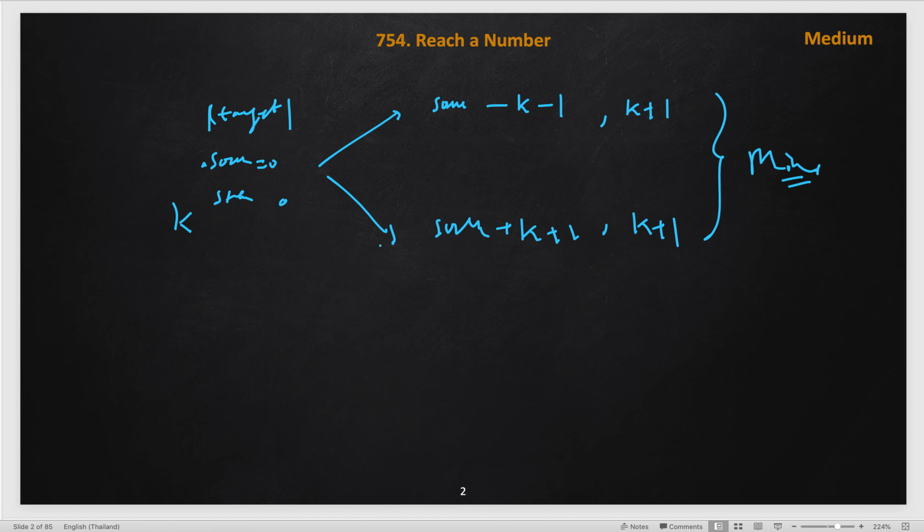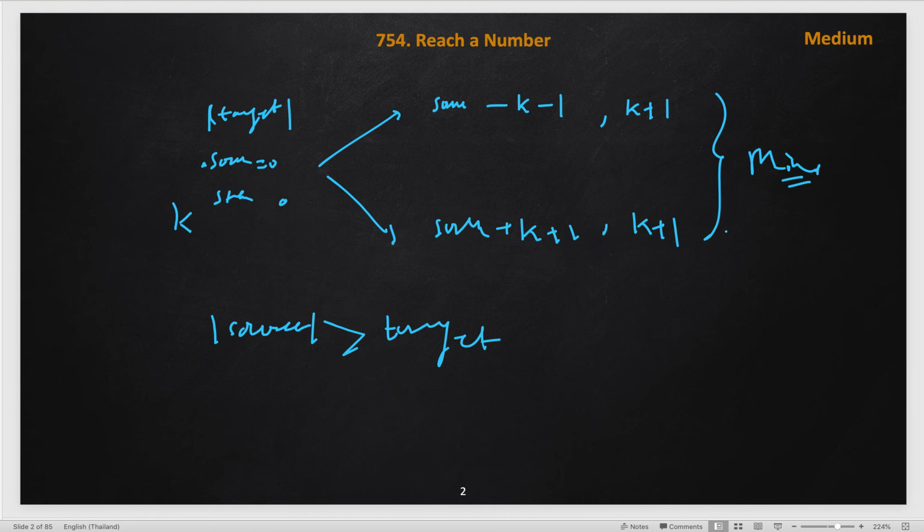Now what are the base conditions of this recursive solution? One base condition is: if the absolute source crosses the target, we can't go any further.